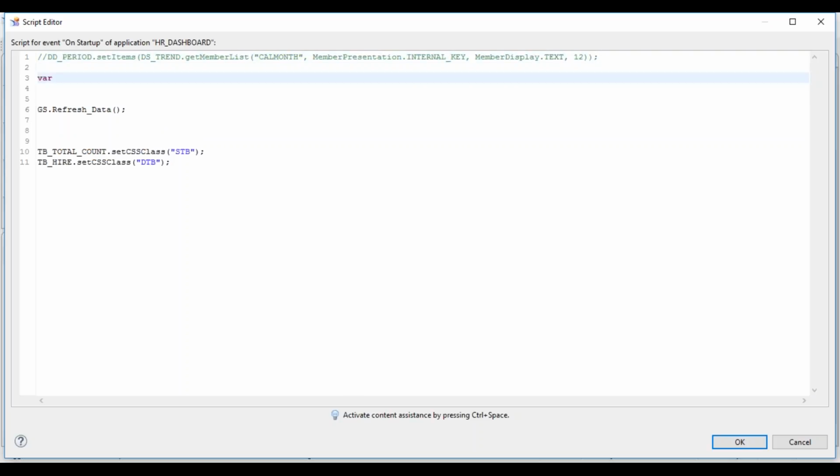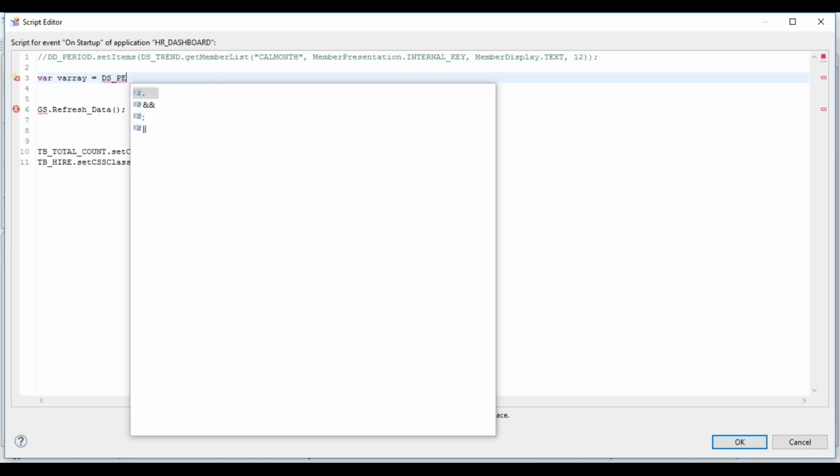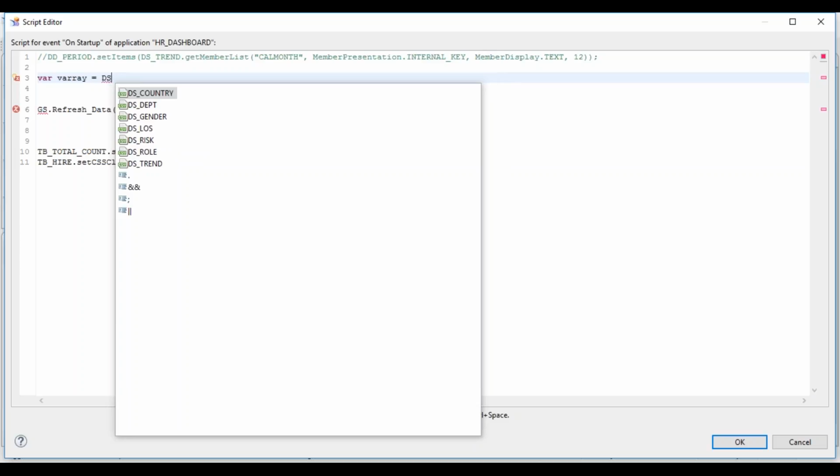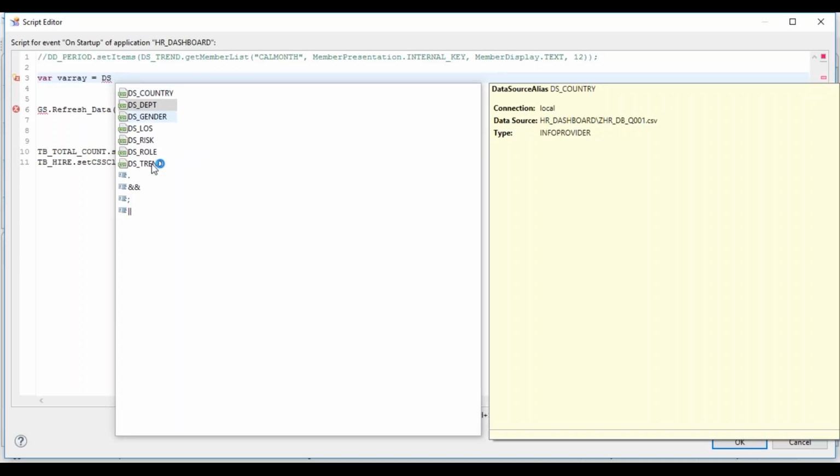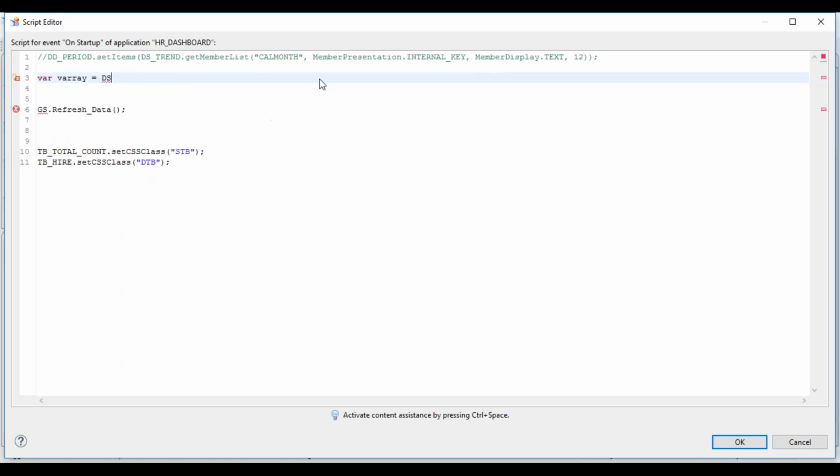Define an array, say array, equal to DS_trend.getMembers.